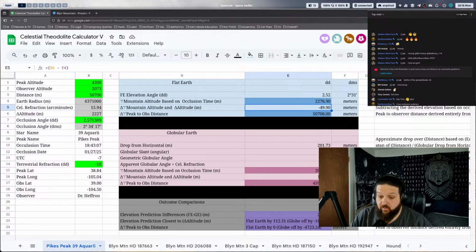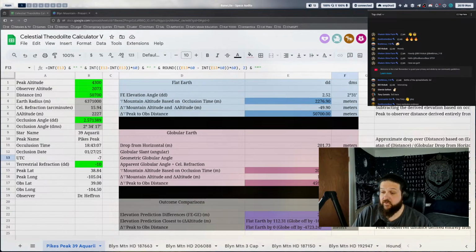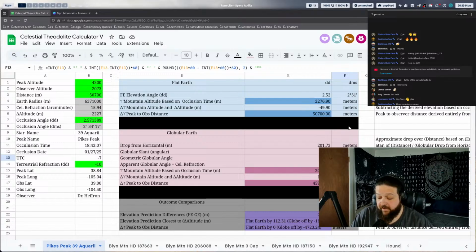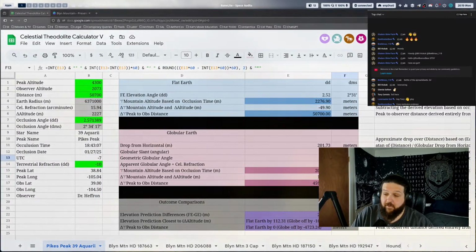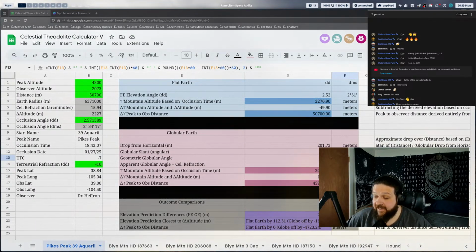You have the wrong angle for the Earth to be a globe based on the physical occlusion time. Occlusion happens at 219. Okay, it's 219 right there. What are you talking about? And we're drawing our geometric relationship off of the true position of the star and the mountain peak at that time. And you're trying to do the same thing at 219, and you're off. You're locked into 219 at that point. You can't change it after that.